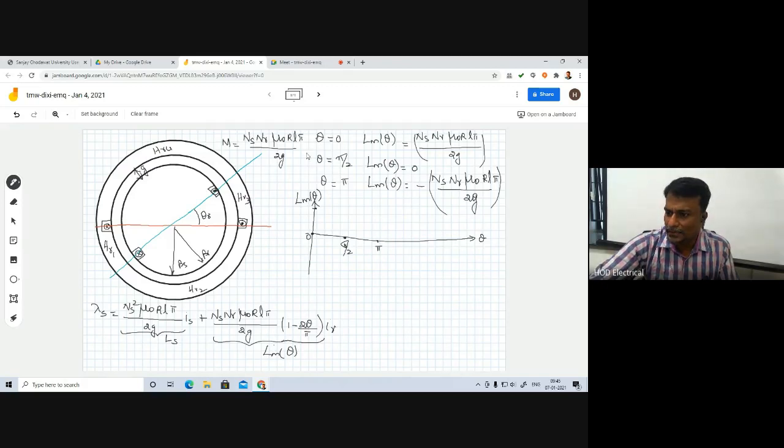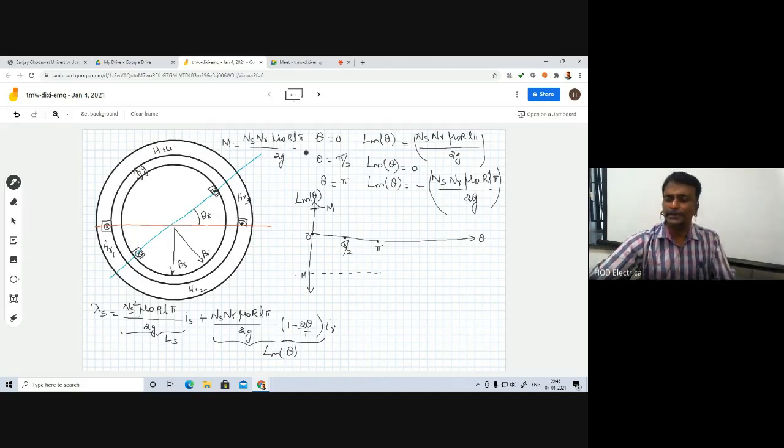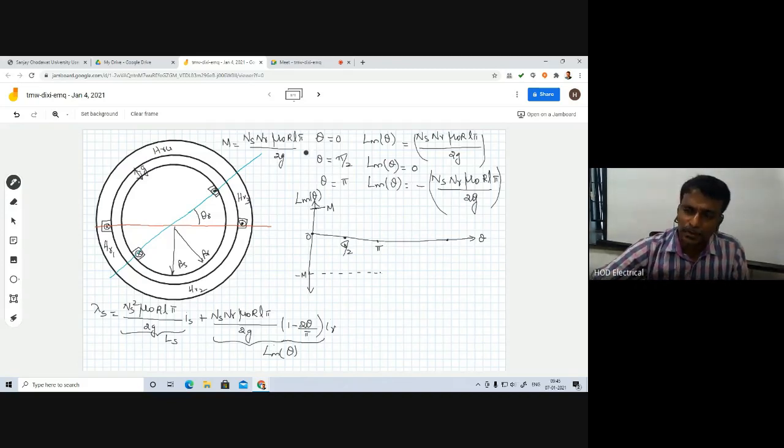Then whenever theta is equal to pi, this will be minus the maximum, so minus of this value. So this is plus m, and this is minus m. So then again for pi plus pi by 2, then pi, then 2 pi, in between we have 0, theta pi by 2, then 270 degrees, and again 2 pi.